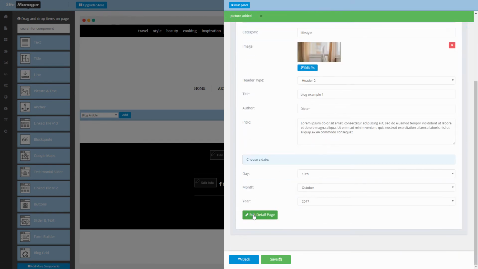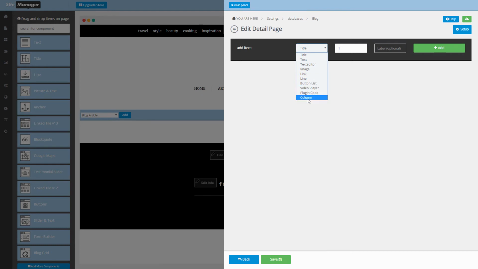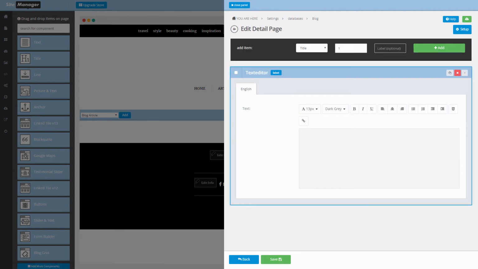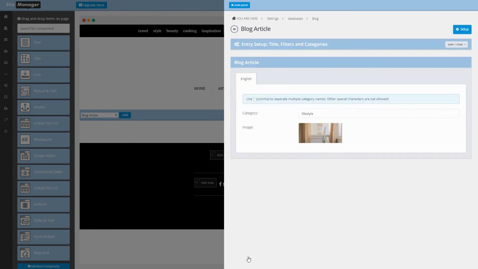And here is where we can click to edit our detail page. So as you can see, you can build a detail page using a lot of components that are built for the blog. In this example, we're just going to add some text like so. We're just going to paste some lorem ipsum, click Save, and now